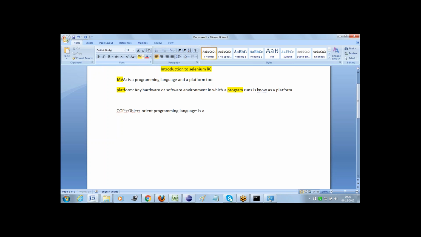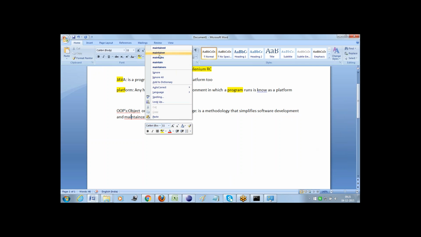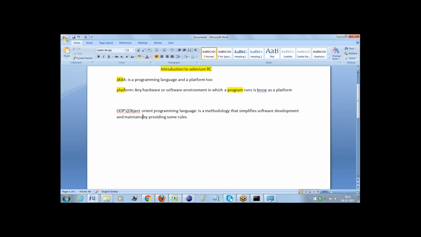OOPS concepts is a methodology that simplifies software development and maintenance by providing some rules. Which we can call an OOPS concept.